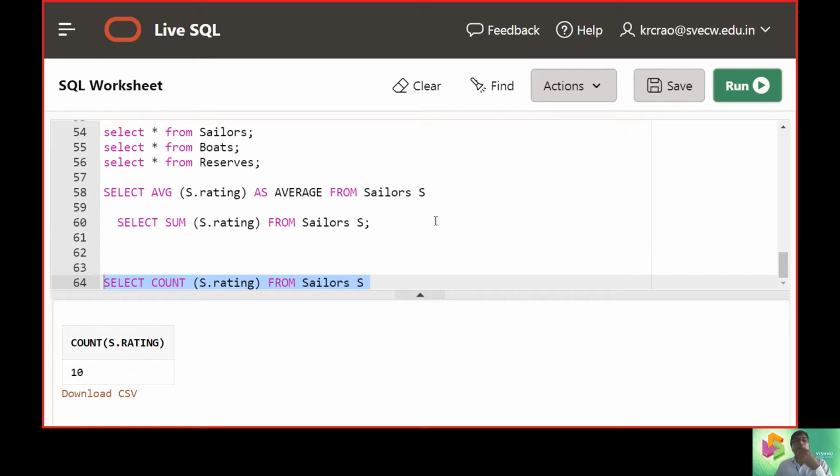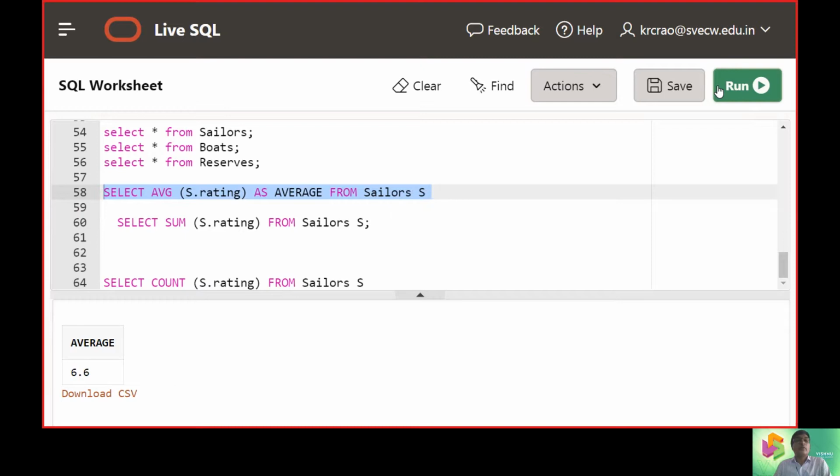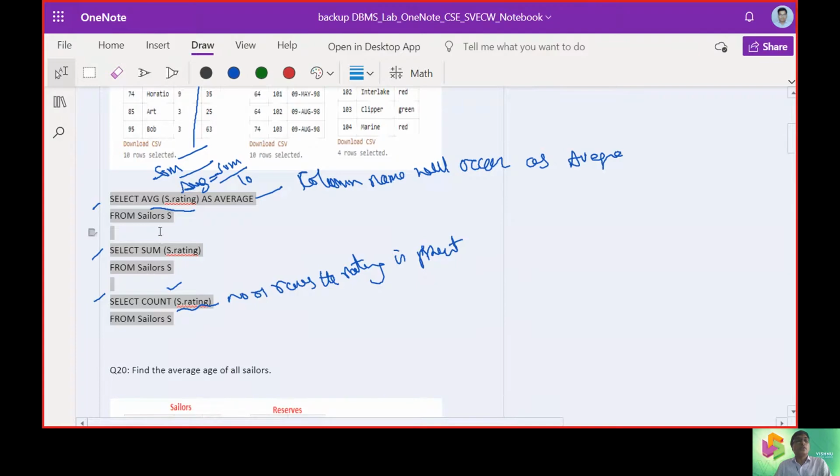We get 66 by 10, so we get the average, and you can see the average printed in the same manner. Earlier the sum was 66, now it is divided by 10, the total number of rows. So the average is printed as 6.6, the sum is 66, and the total count is 10 rows.